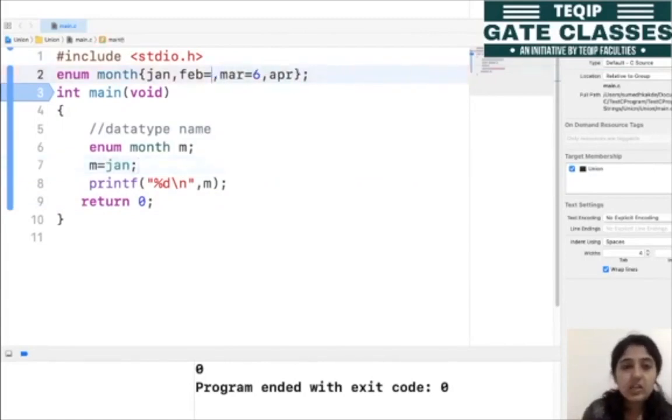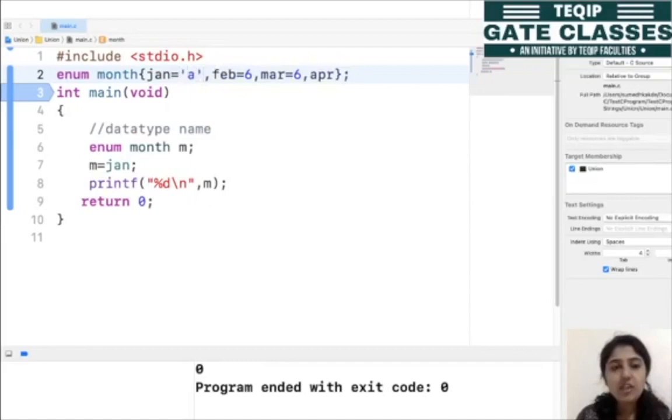Okay, but we can assign the character type data because we know that कि character is having the ASCII value. So let's see कि मैंने यहाँ पे single quote में एक values assign की है small a, है ना. So we know that the ASCII value of this a is 97 जो कि जनवरी में सेव हो जाएगा. So if we run this program, so we'll get the output as a 97, right?